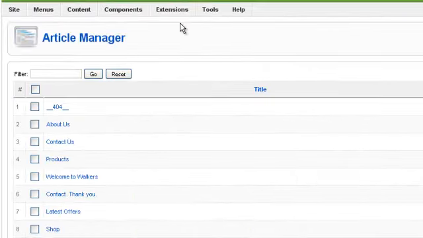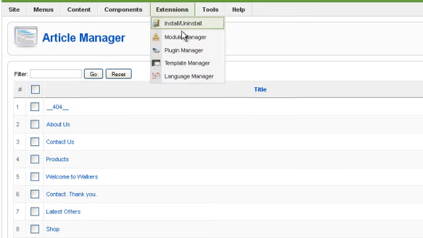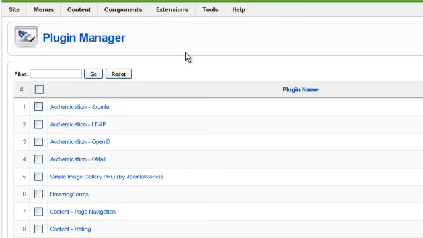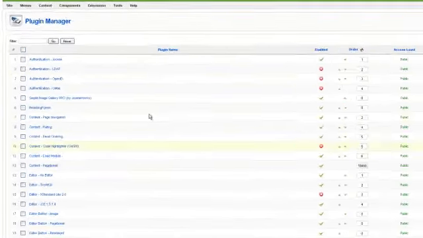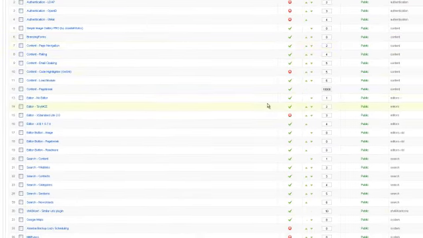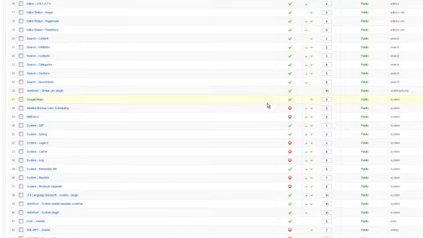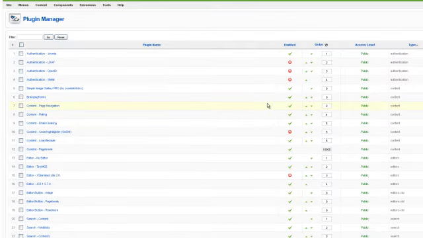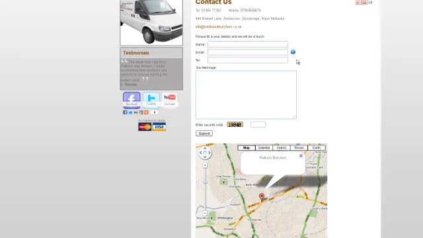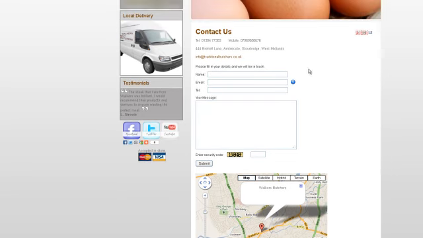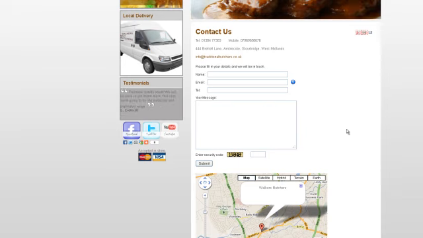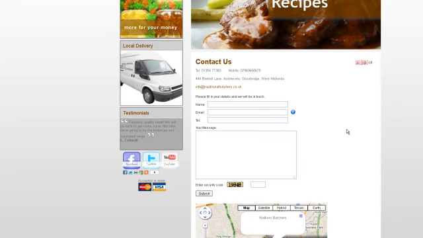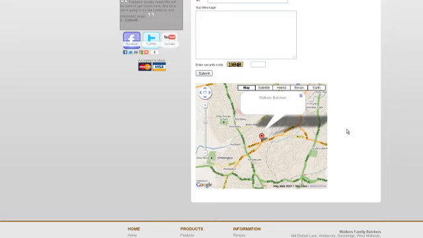Now the way that you get to your plugins is Extensions at the top here and then go to Plugin Manager. By going to Plugin Manager we can see a list of a number of plugins that are installed on this particular website. The good thing about plugins is they extend the functionality once again of your site. You can have plugins for content like we've got here on the Contact Us page, so we're calling a contact form and a Google map into an article page,